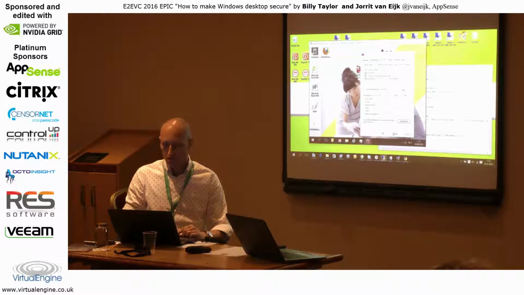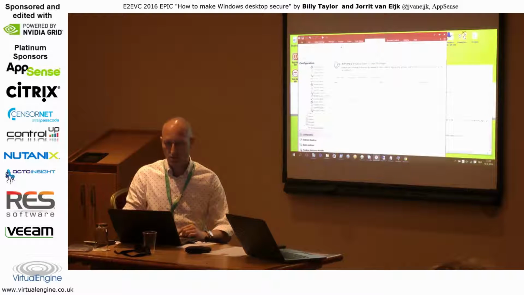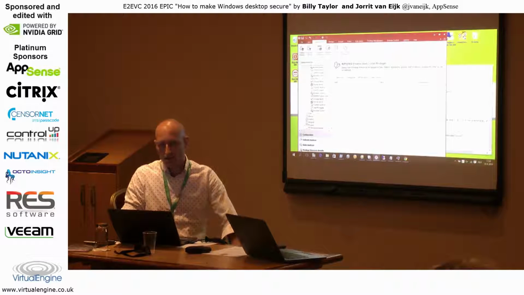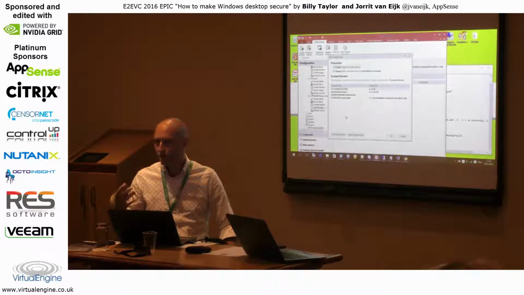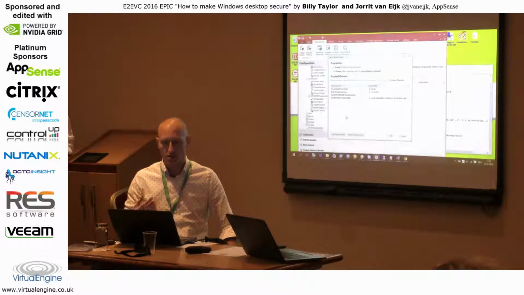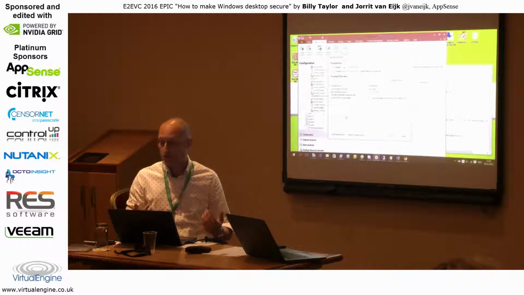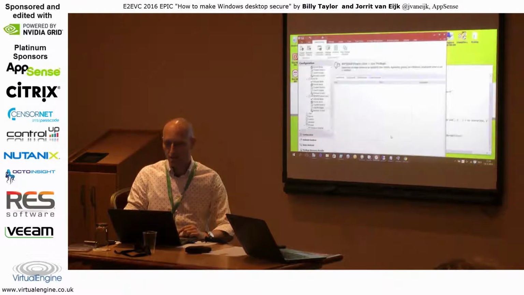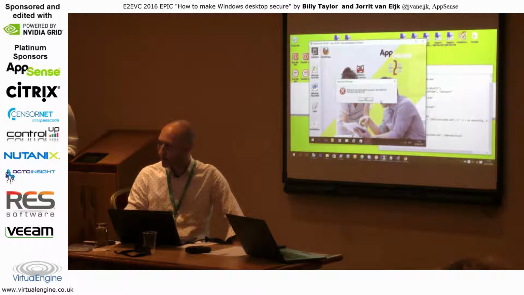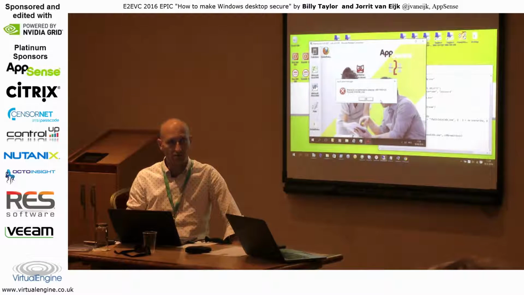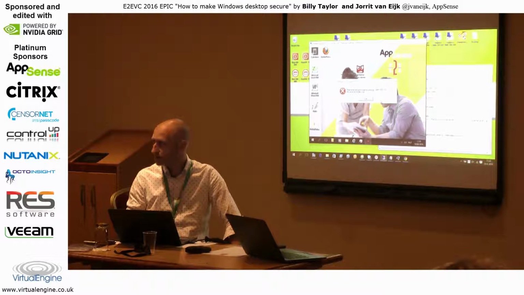So what we do with our trusted ownership is, if I go into the console, we've got an option called trusted ownership. I can enable that, and basically this is a whitelist for me, but not a static whitelist. It's a dynamic whitelist based on who introduces software into the environment, deciding whether I'm allowed to run it or not. So I just enable that one, save my config, go back to my user session, double click, and I'm not allowed to run it. This is solely based on the ownership of the file, preventing the application from starting.